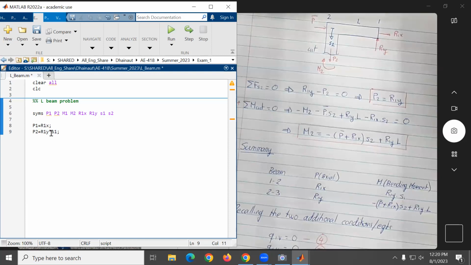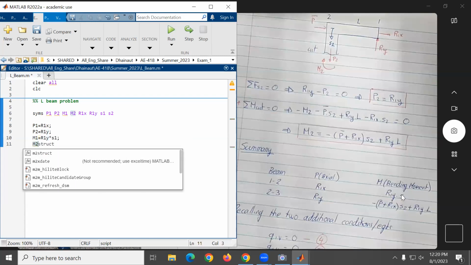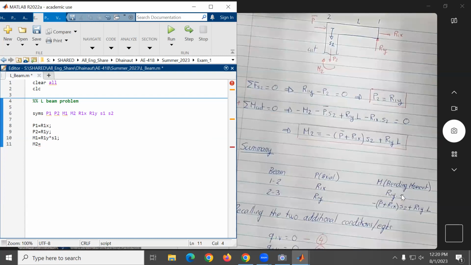Here. What did I do bad here? It's only R1Y? Yeah. Okay, thank you. So R1Y, yeah, that makes sense. Therefore, this should be equal to a force. Then we have here M1. That's the one which is R1Y times S1, and M2 is what? Is minus